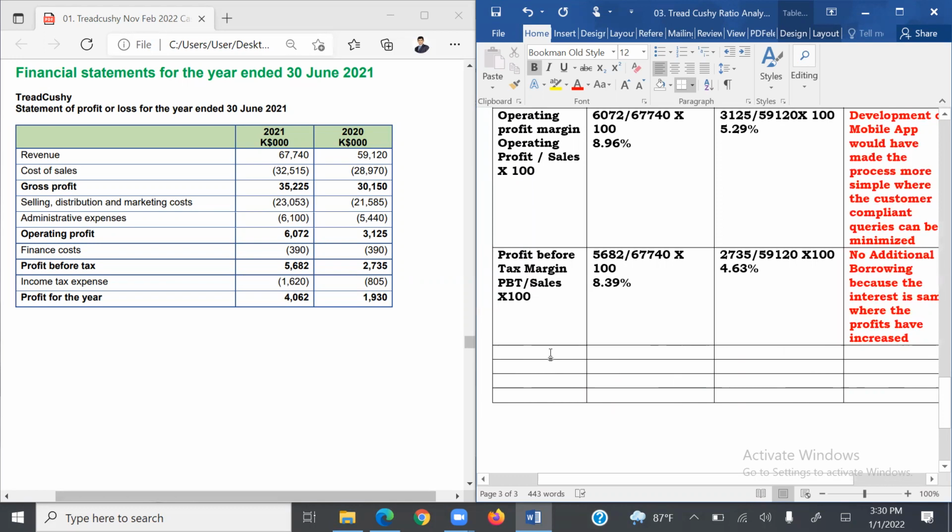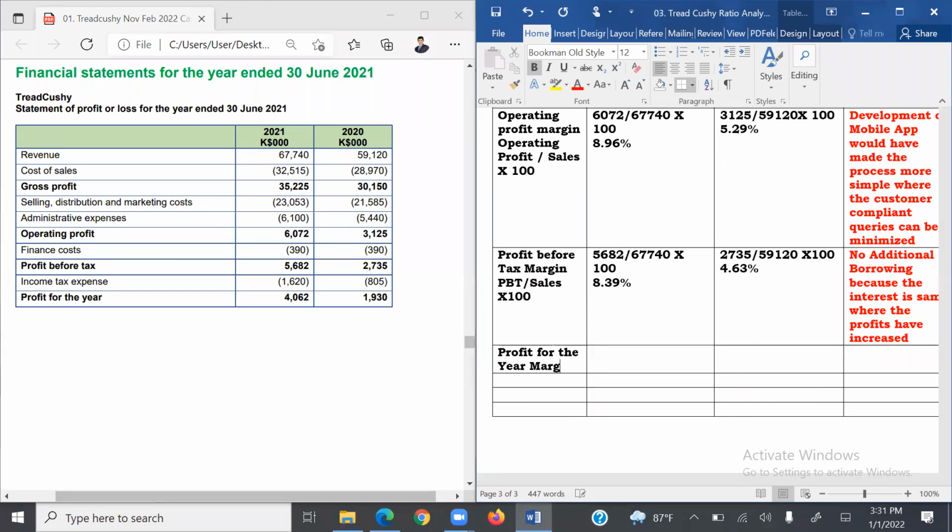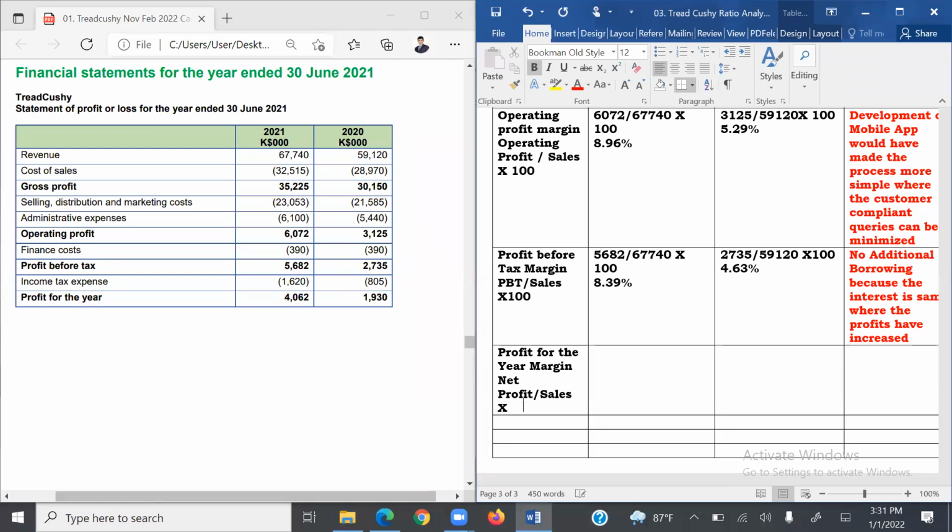So students, the next thing we can do is the profit for the year margin. That is, students, if you see, we say net profit margin. So I'll write down here: net profit divided by sales multiplied by 100. So students, net profit 4062 and the sales is 67,740 into 100. And for the next year, it's